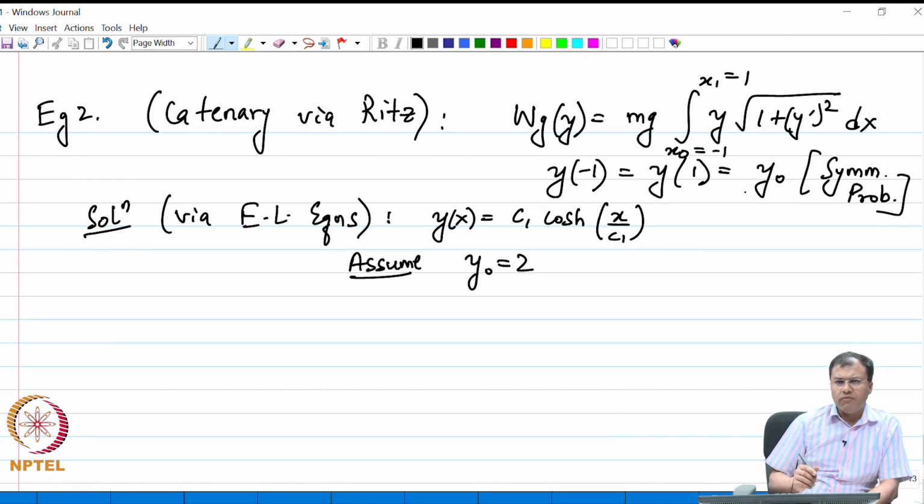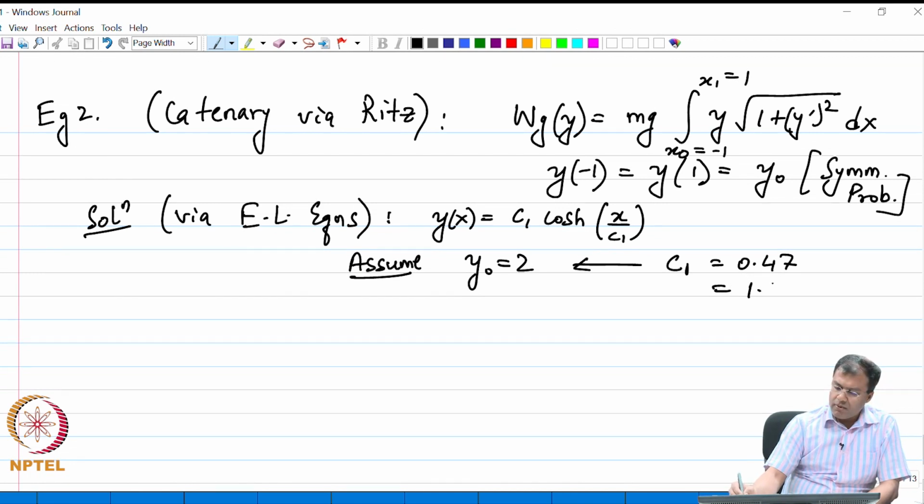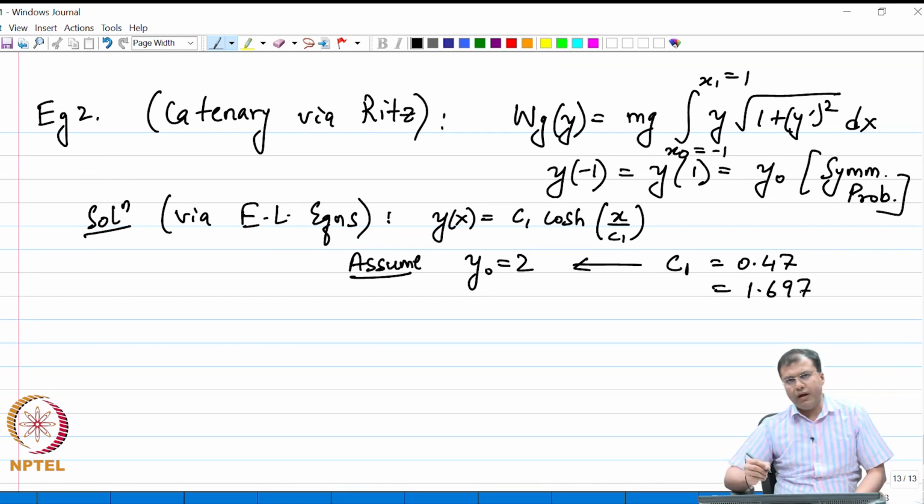We are assuming some numerical value. So that gives my 2 values of C1. So we already know the solution. When we impose the boundary condition y of minus 1 equal to y of 1 equal to 2, we get 2 values of C1. C1 is either 0.47 or C1 is 1.697. So we get 2 values of C1, right. We have already discussed that